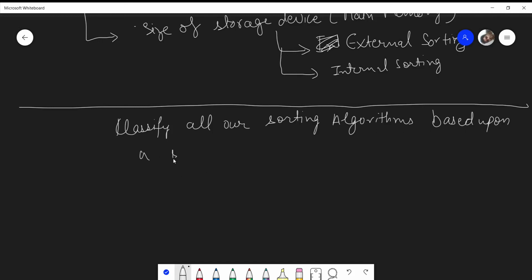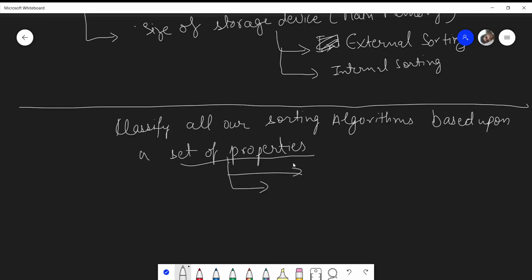These properties we'll be discussing in our next lecture. Depending on which sorting algorithm has which property, we can decide whether to choose that particular sorting algorithm in which case.